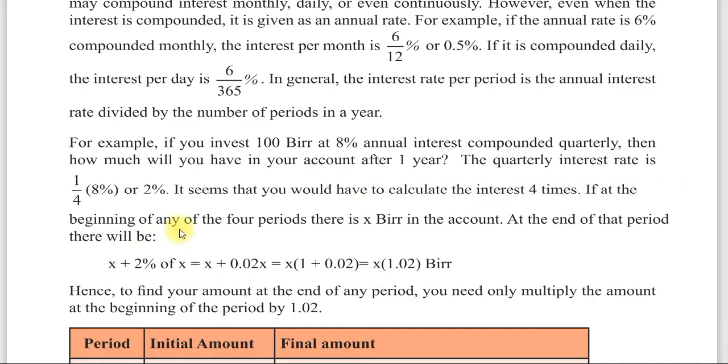If at the beginning of any of the 4 periods the amount is x, at the end of the period it will be x plus 2% of x, which is equal to x plus 0.02x. That is x times (1 plus 0.02), which is x times